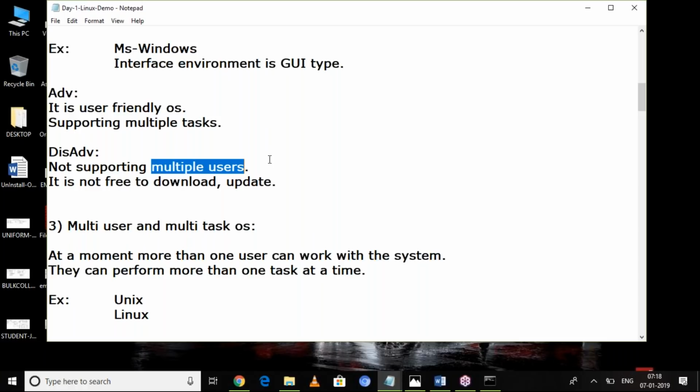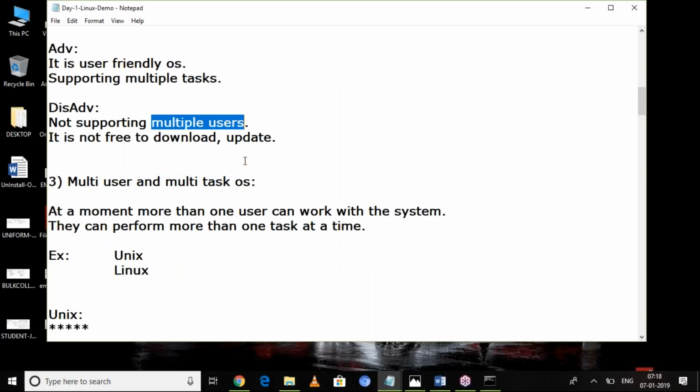If you want the Windows operating system, you need to purchase it from Microsoft company. Nowadays Microsoft is also releasing free updates. But once upon a time, if you wanted to update your operating system, you needed to pay some amount to Microsoft. That is also one of the drawbacks.